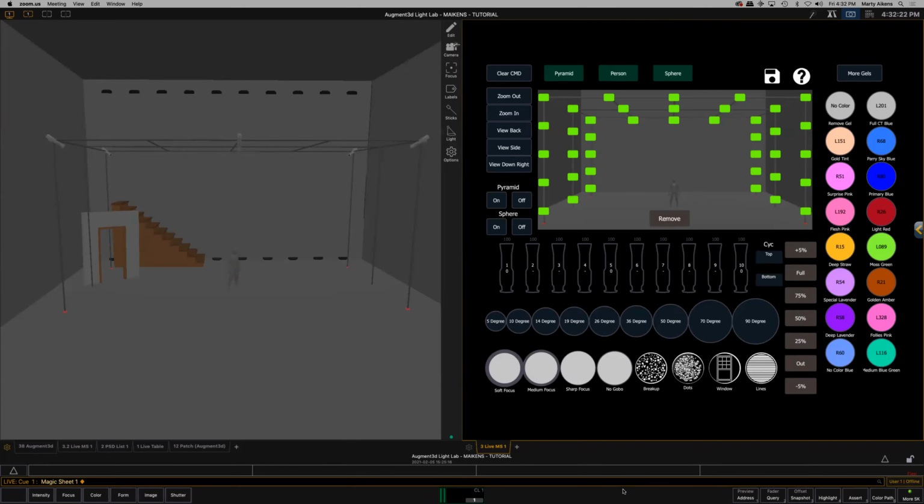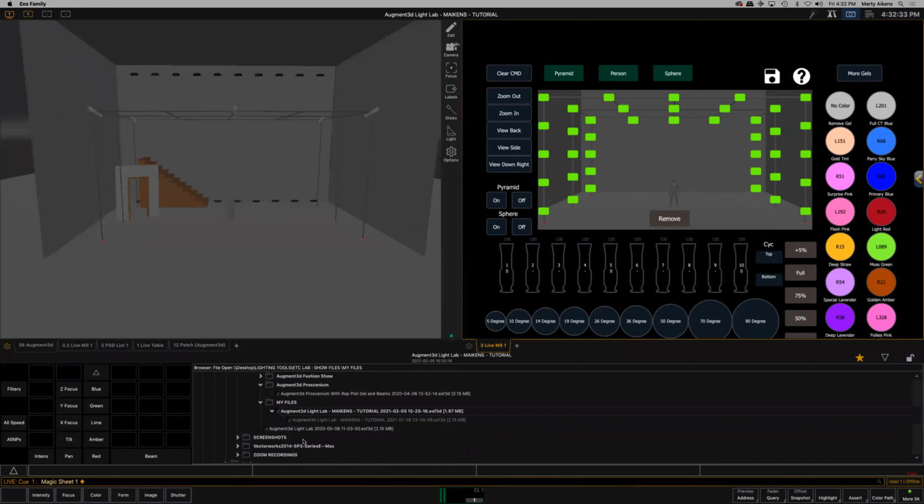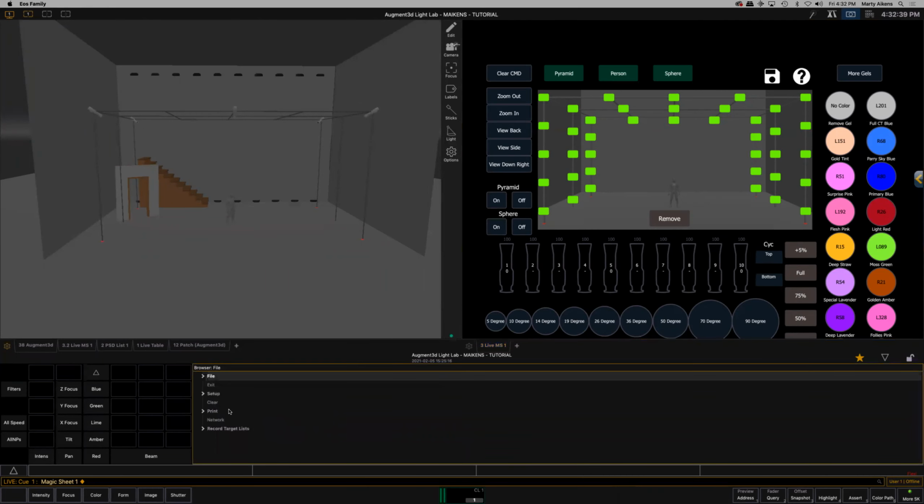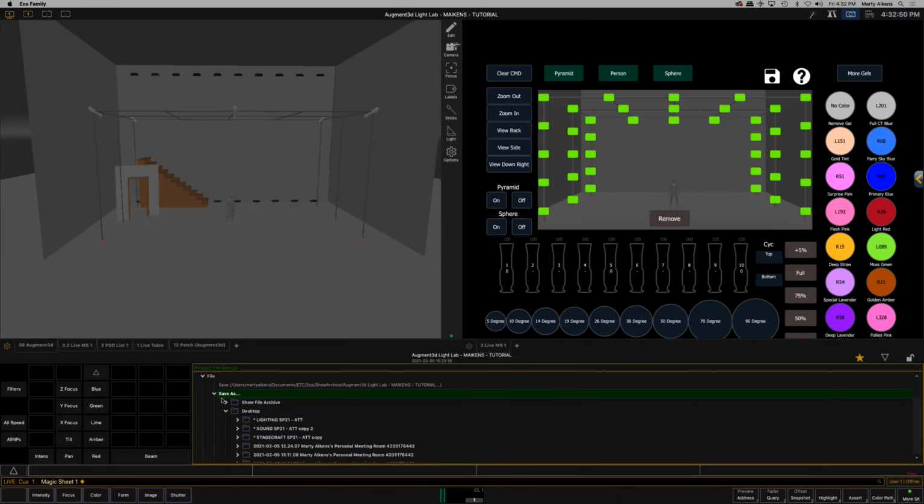One, we want to make sure that we save our work before we leave any file. So we're going to look for this white triangle down here, and we're going to click on it, and it's going to open up the file browser inside the ETC Nomad software. And it's going to look a little something like this when you open it up, right? So we're going to click on File, and if we want to save our work, we're going to click Save As,